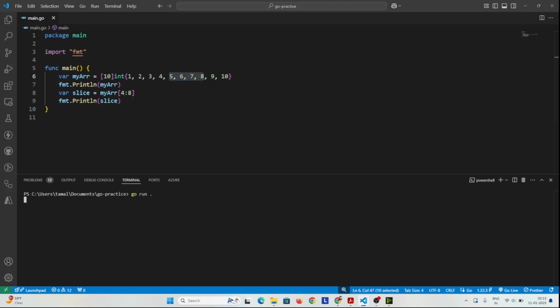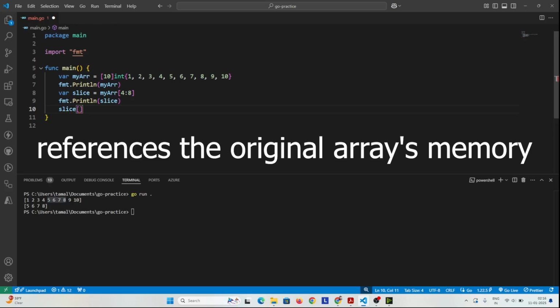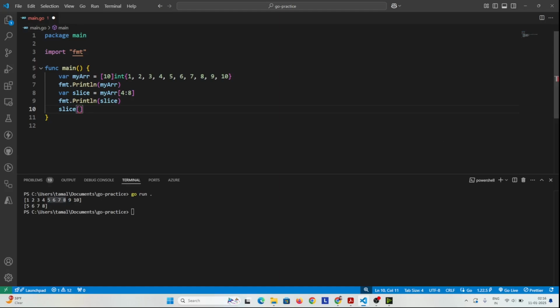So let's run and see whether we are correct or not. Yeah, so this is it. This 5, 6, 7, 8 is the same values as these 5, 6, 7, 8 within the array. Slicing actually copies not only elements, but the memory addresses of the elements as well. So in the slice's first element, if we update the value and make it 0, and then if we print